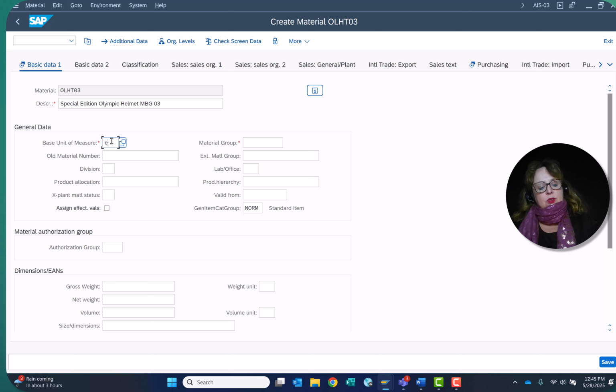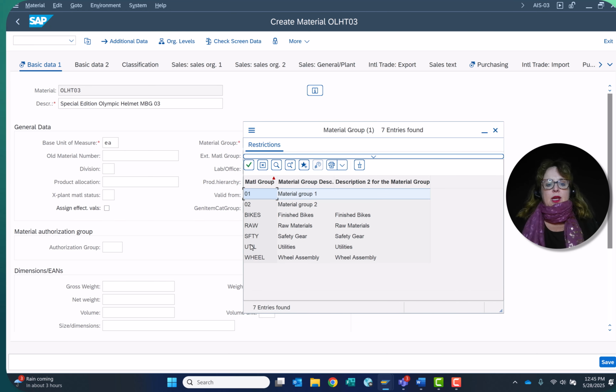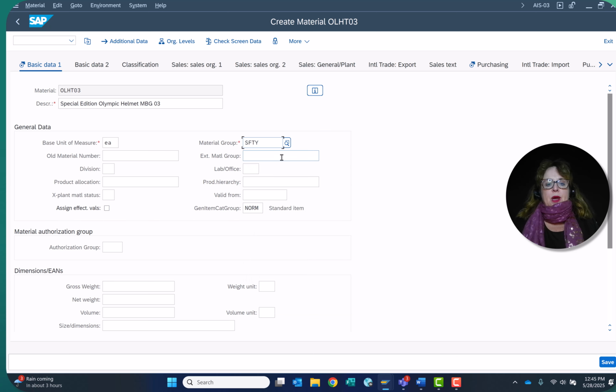We're going to use each. The material group is going to be safety. And remember, when you're going through this, you can use the pull down box if you can't remember exactly how